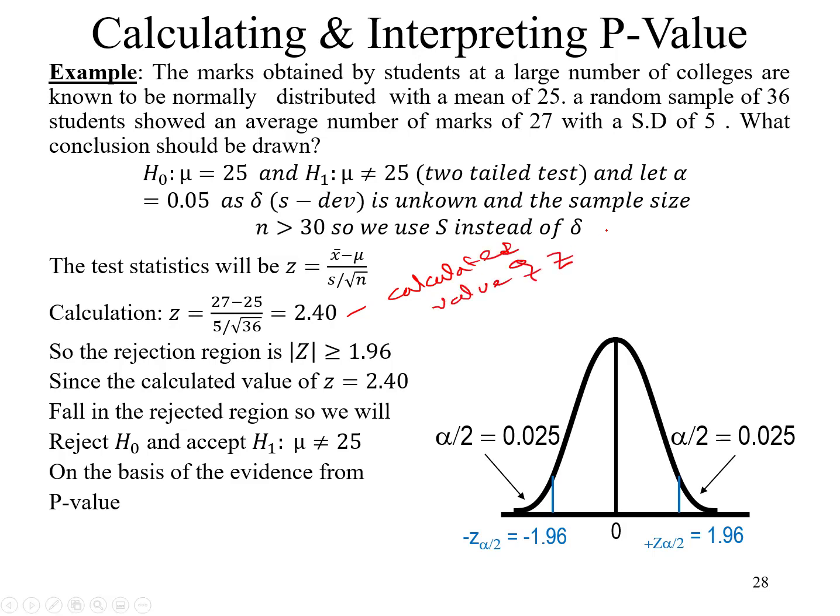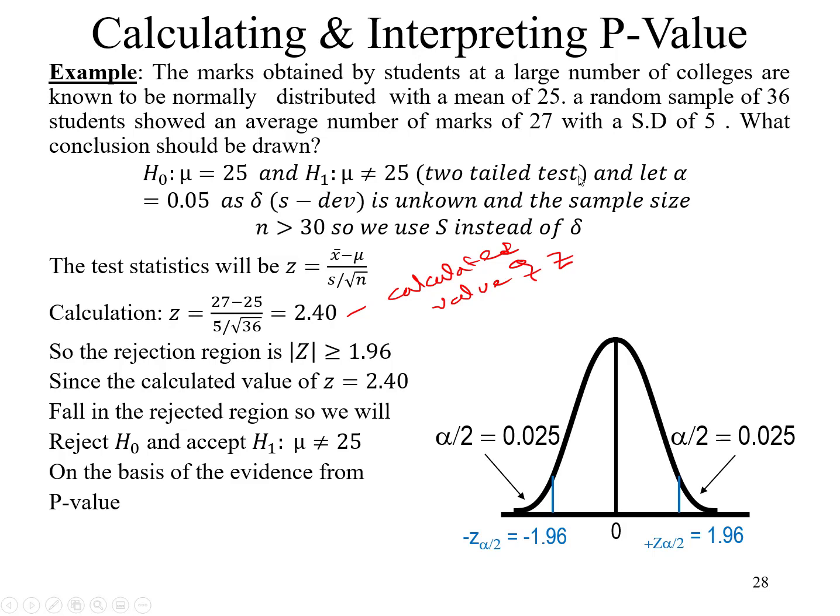Of Z. Okay. So now we want to calculate the p-value. Is the p-value supportive or not? So since the calculated value is 2.40, it falls in the range. This is a normal distribution. Our level of significance, for example, if I claim that in my production I am producing 95% good product, so there is room for 5% rejected product, defective products.